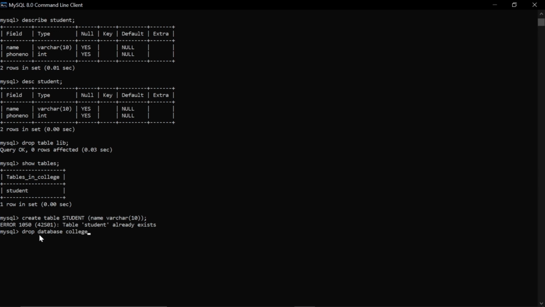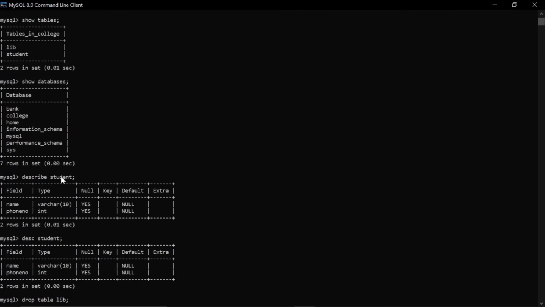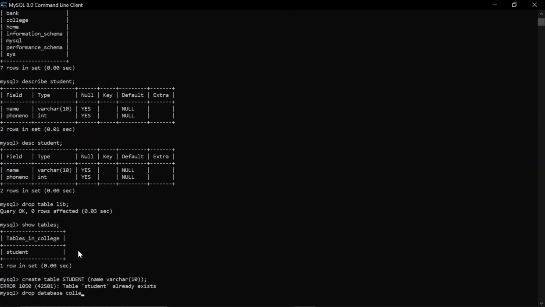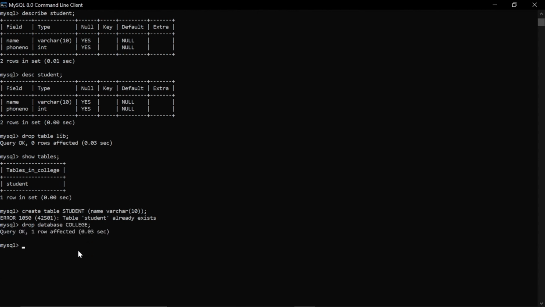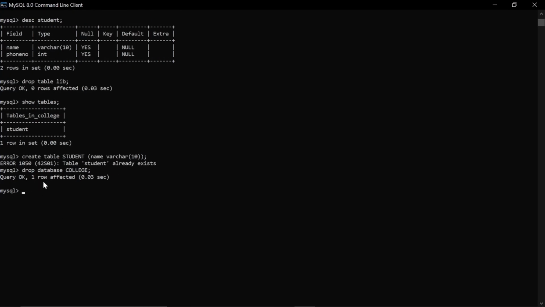Here I have given the name of the database in small letters. Now if I give it in capital letters, DROP DATABASE COLLEGE, then also you can see that the database has been deleted successfully. So it means that it is not case sensitive.